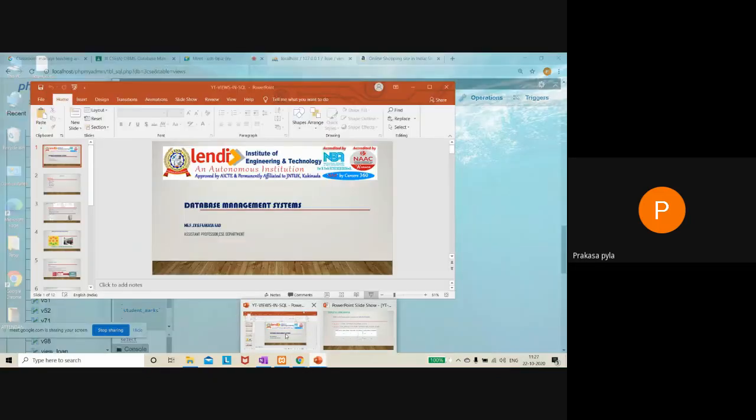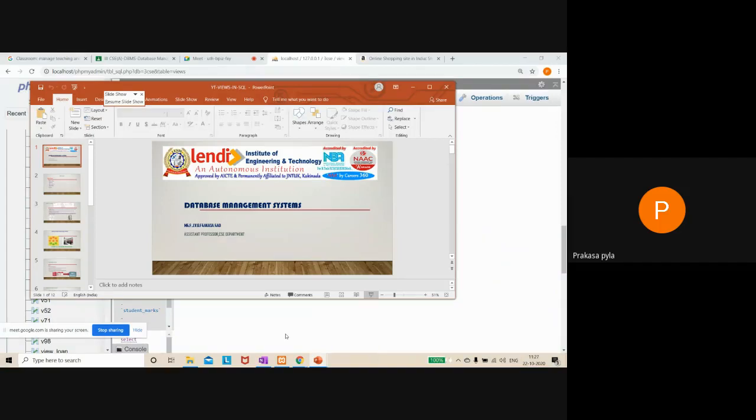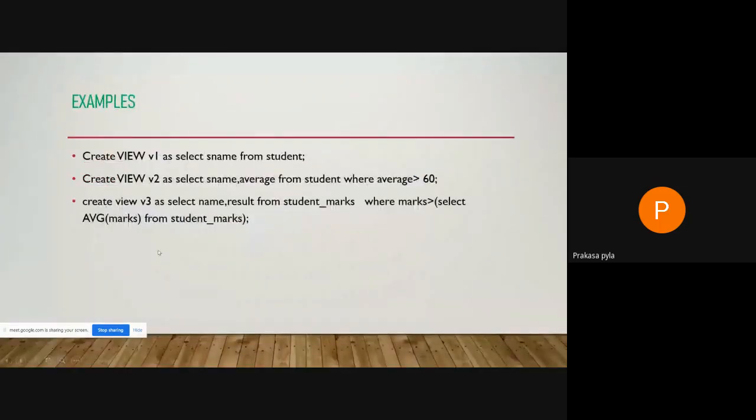Now, we can create views with various examples. Just now I created one view. You can also create one with the help of the where condition.